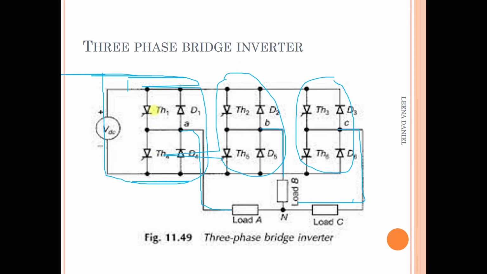S1, S2 are the thyristors which are connected in the same leg. Means first this thyristor would conduct for the first 180 degrees. After 180 degrees we trigger this lower switch. For another 180 degrees this switch will conduct. After 180 degrees this will conduct. So in the same leg, the thyristors connected in one leg, only one will conduct at a time, but it will conduct for 180 degrees, and for another 180 degrees its lower partner will conduct.